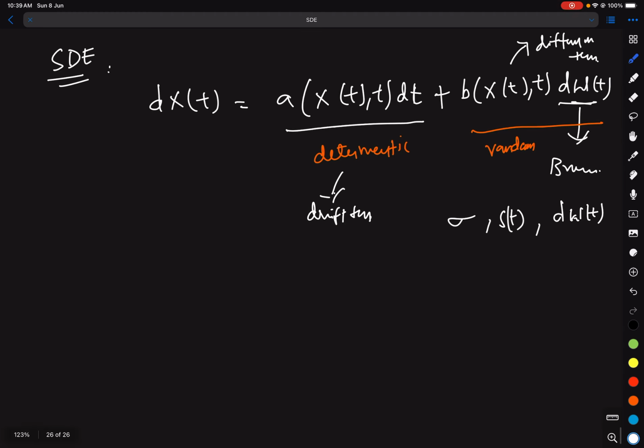Let me rewrite and explain it with an example. Suppose we want to study stock prices, so I am taking S. This is the deterministic part, or drift term, that we already know: mu into stock price dt. It is just an ordinary differential equation, which explains how much change is happening